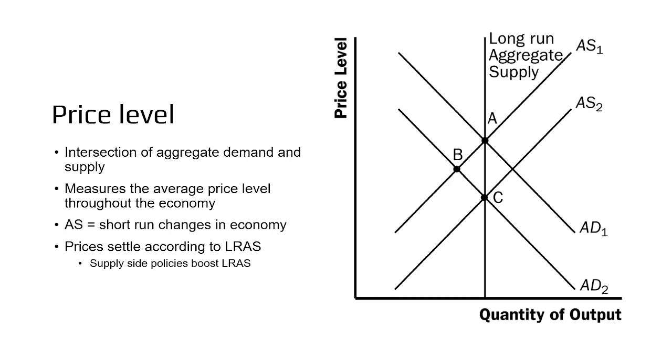And then we have the long-run aggregate supply. The difference is that the long-run aggregate supply represents the overall general capacity of supply within the economy, whereas short-run aggregate supply represents the short-term output of supply